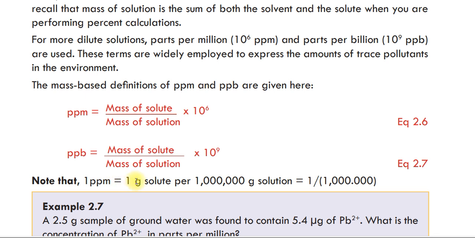Guys note that 1 part per million is equal to 1 gram solute per 1 million gram of solution. አይታችኋል 1 ppm ማለት 1 gram of solute per 1 million gram of solution እንደማለት ነው or 1 over 1 million እንደማለት ነው